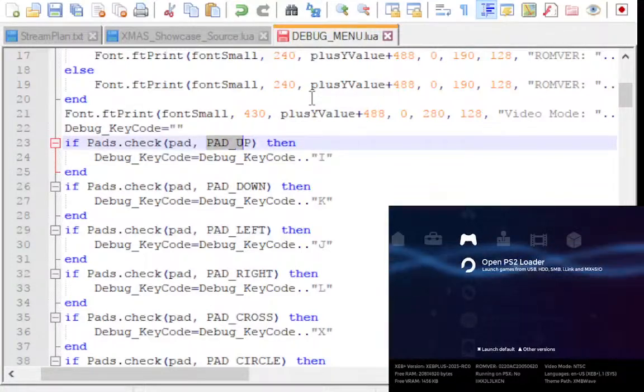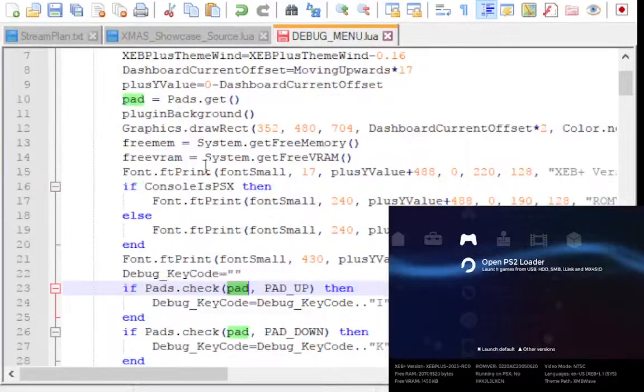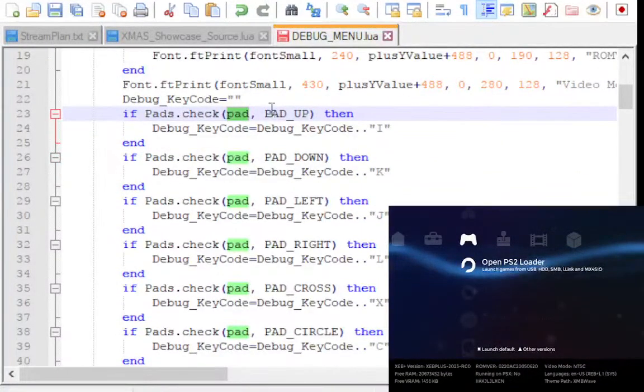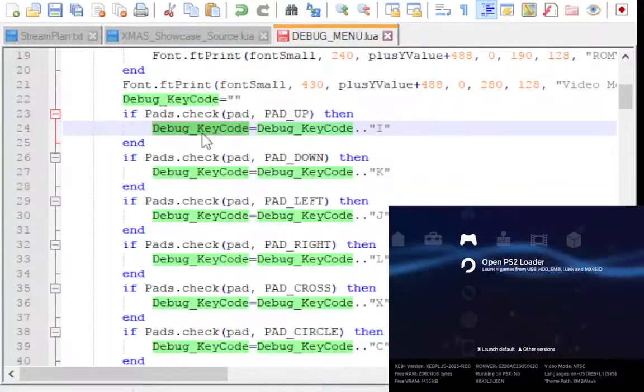So it is checking if we are pressing a certain key in this pad. Remember we said this before here? Well, it is checking